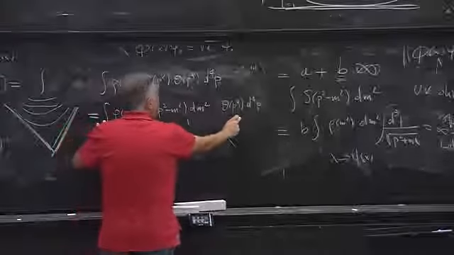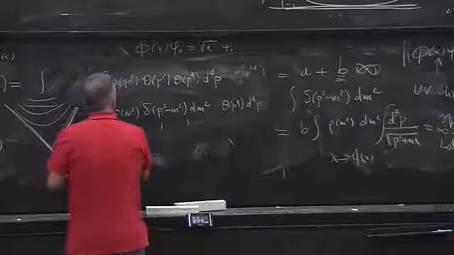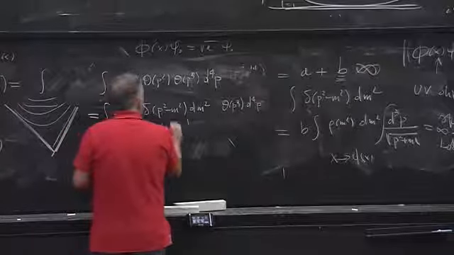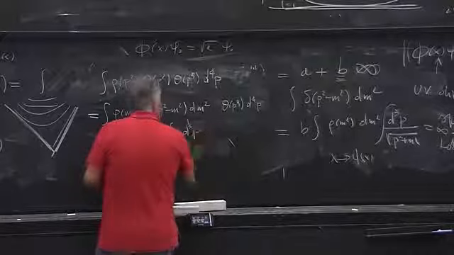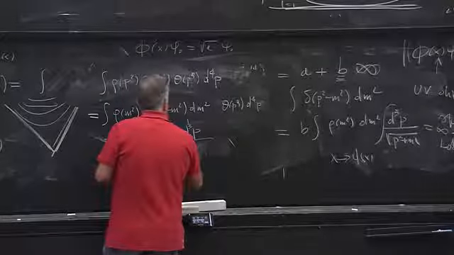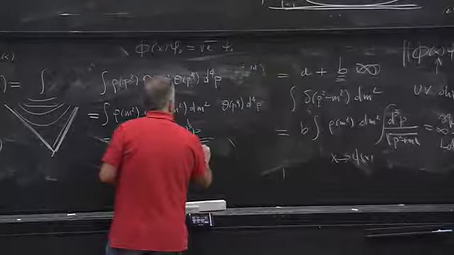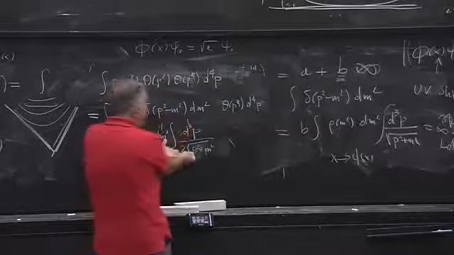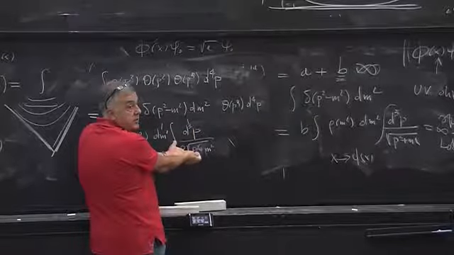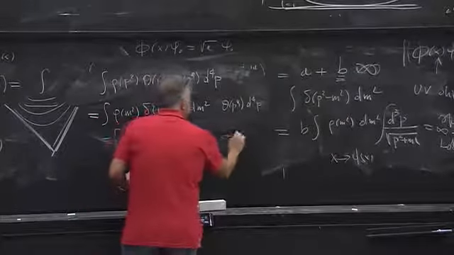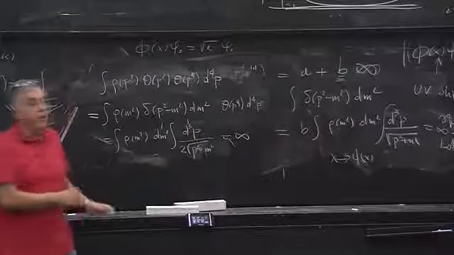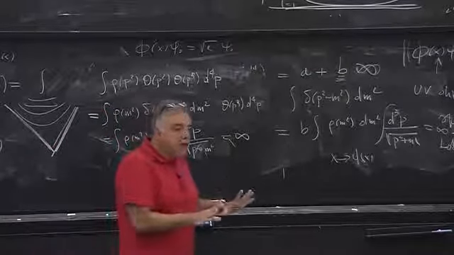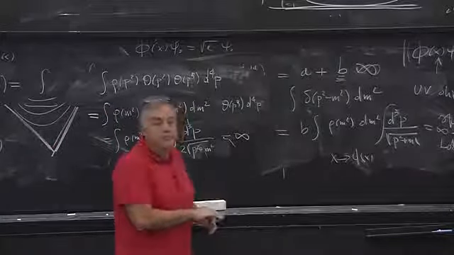Then here I do the p0 integral, not the m integral. This is rho m squared dm squared times the integral of d3p, because I'm doing the integral over p0, over 2 square root of p squared plus m squared. Okay. And then if I try to do this integral, it diverges at p equal infinity. But this is infinity. Is the ultraviolet divergence in quantum field theory just unavoidable?